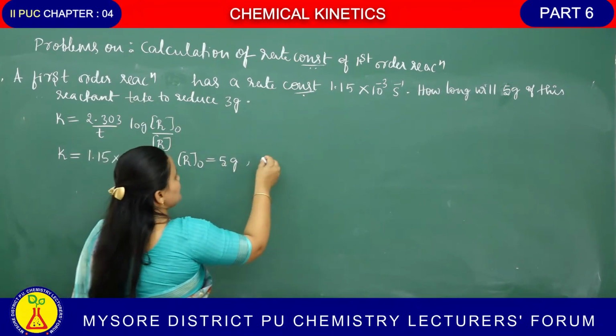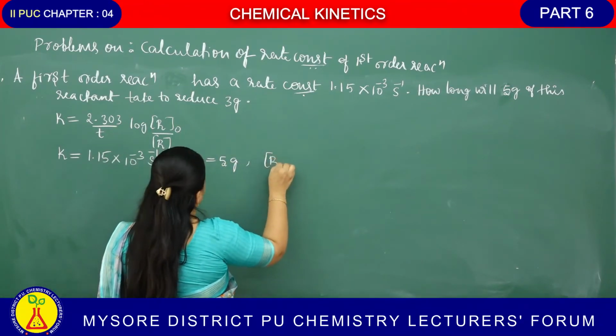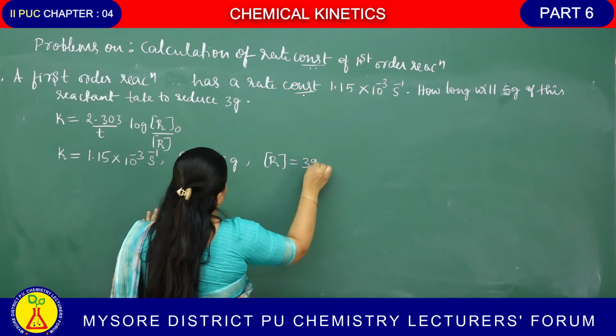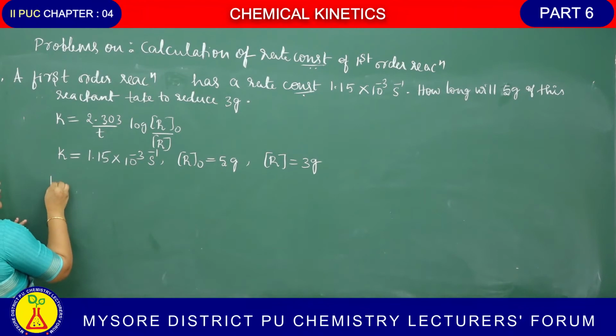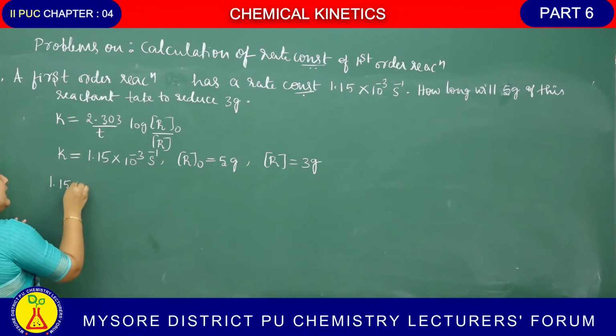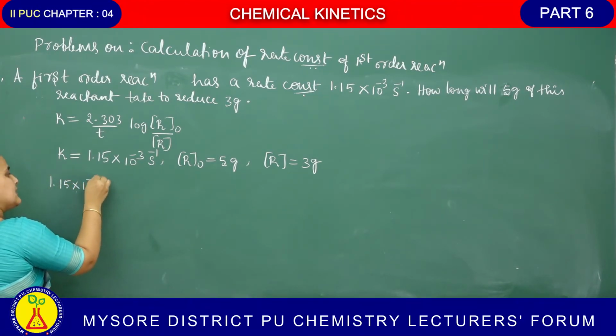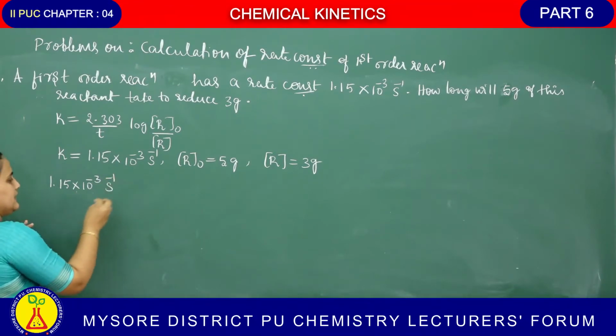Finally it gets reduced to how much? R is 3 gram. Okay, substitute the values for the above equation. K is how much? 1.15 into 10 power minus 3 per second is equal to